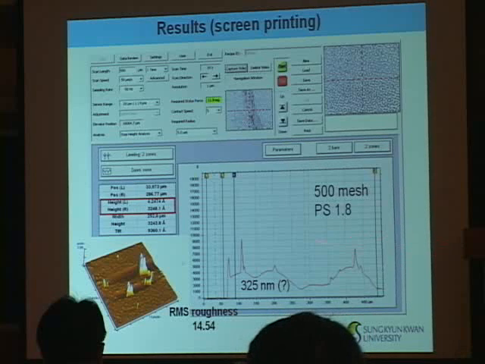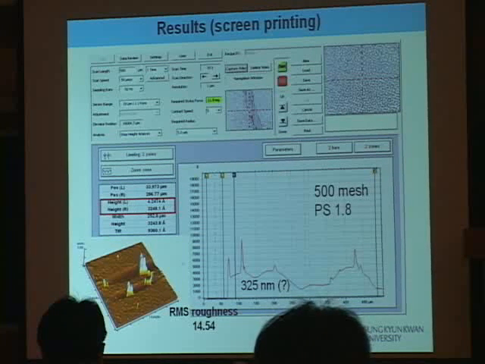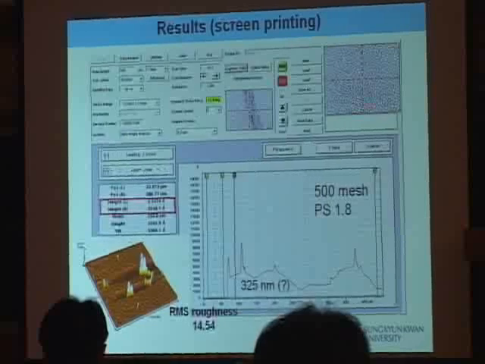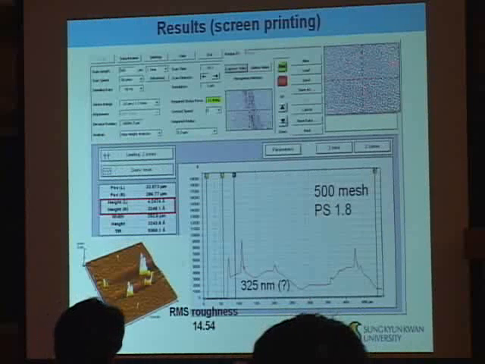So if we have the same viscous ink, then the film thickness should be very thin. But as a result, we cannot tell what the thickness of the film is, because as you can see here